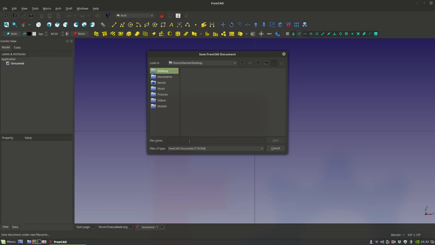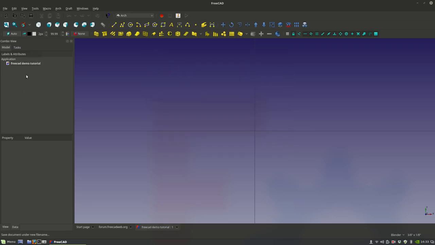What am I going to call it? Maybe let's give it a name: FreeCAD demo tutorial. Alright, and as you can see, the name appeared here. Everything is looking good. Okay, so if I look down here, my units is telling me that I am in